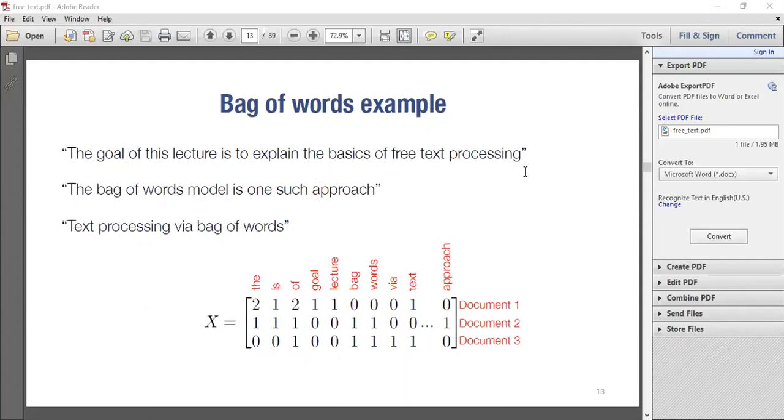Now, the goal of this lecture is just to explain the basic free text processing. As you can see in this example, these are 3 sentences. Let's take this as the corpus we're working with, where there are 3 different documents: 1, 2, 3.